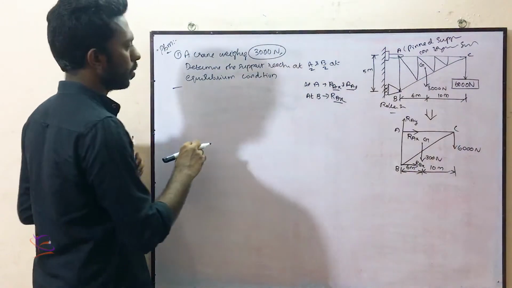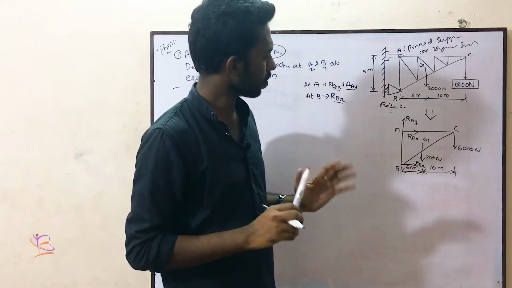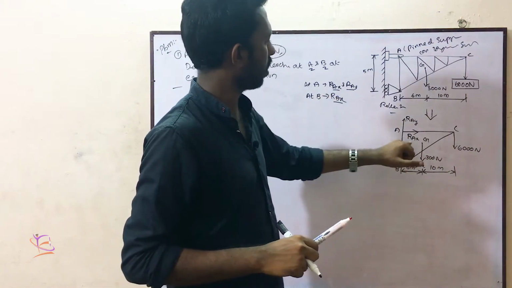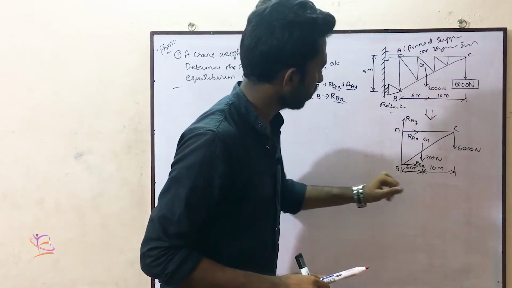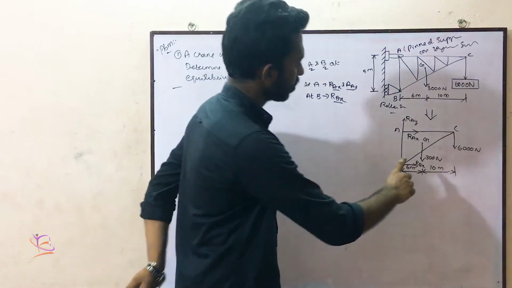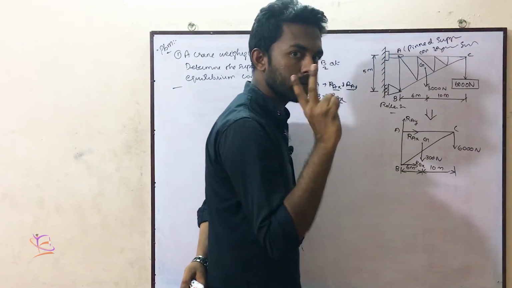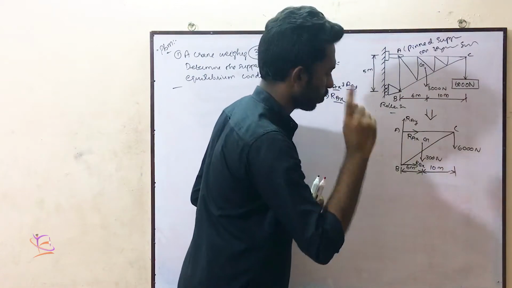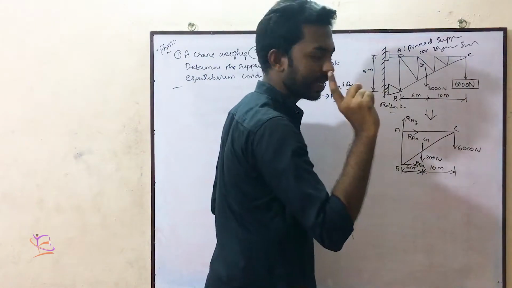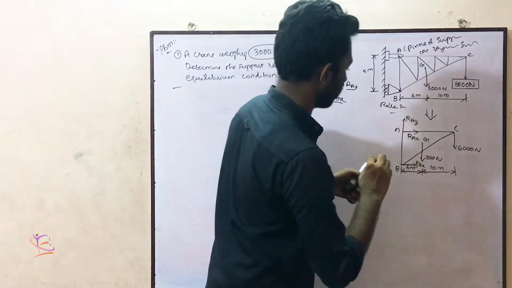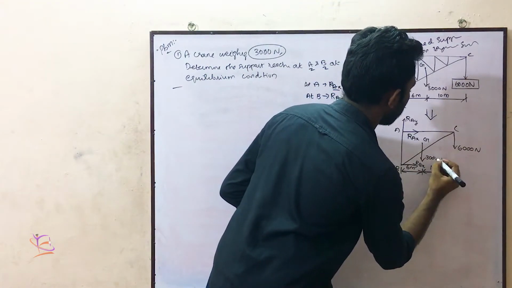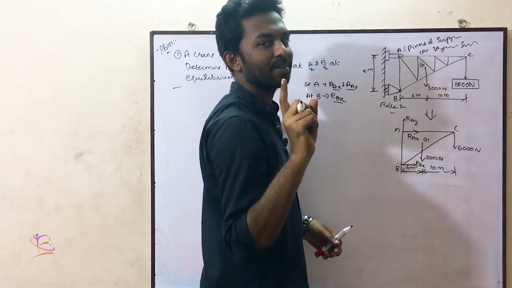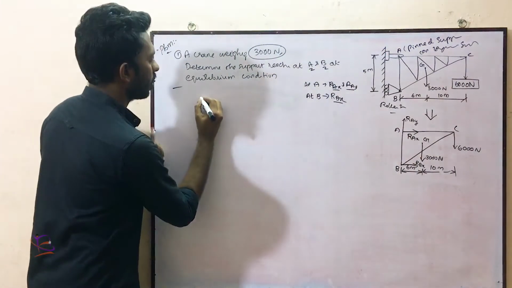So now we can do the problem here. At this point A, Rx is there, Ry is there. So in the point B, only RBX is there. Okay, horizontal, two horizontals are unknown. We should know that RAX is unknown, RBX is unknown. Vertical, 3000, not 300, this is 3000 is known. 6000 is also known. RAY is unknown.